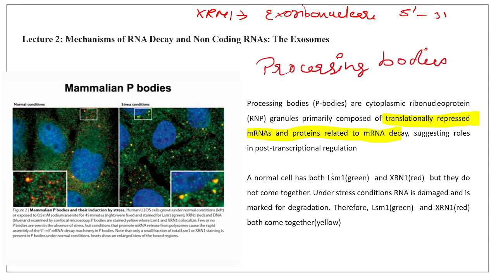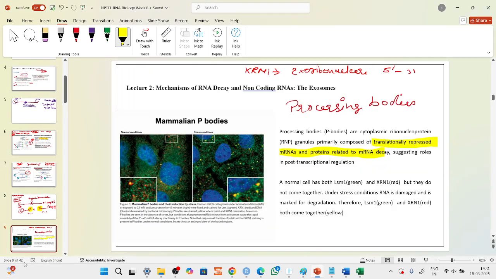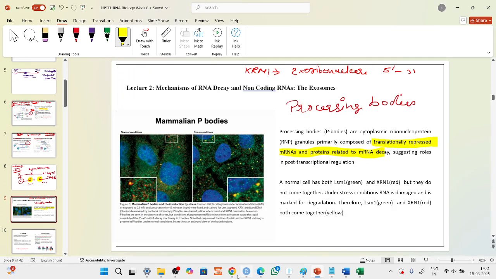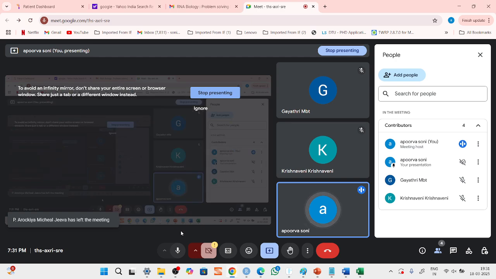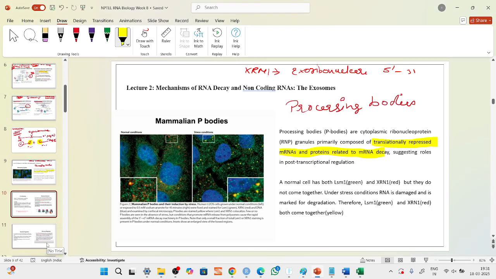So if you want to see whether a cell has P bodies or not under stress, you take normal condition cells and stress condition cells, and then you do fluorescent staining with both LSM1 and XRN1. If it gives you yellow color, this means that those particular mRNAs have formed P bodies. I hope this is clear to you. This is what P bodies essentially means. It is important for us to understand the meaning of P bodies. Okay, now